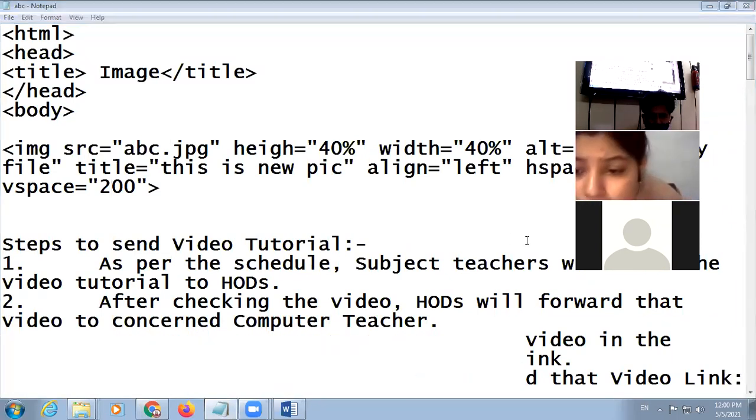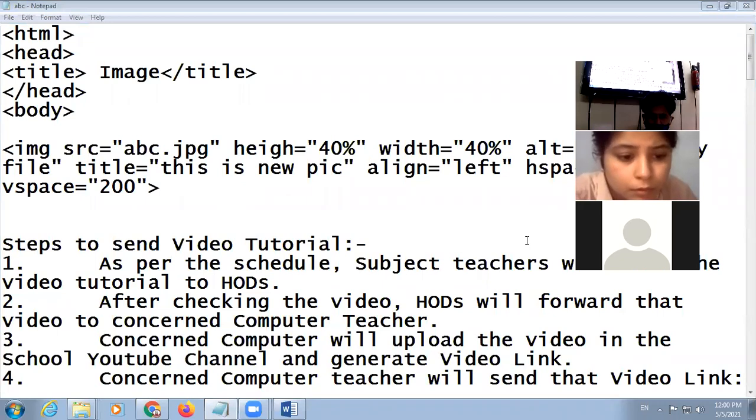Yes, Raghav, your query. Sir, I wanted to ask if we can provide space in only one direction. This is not possible, because when we use vspace, the vertical space is applied at the top and the bottom of your image automatically.